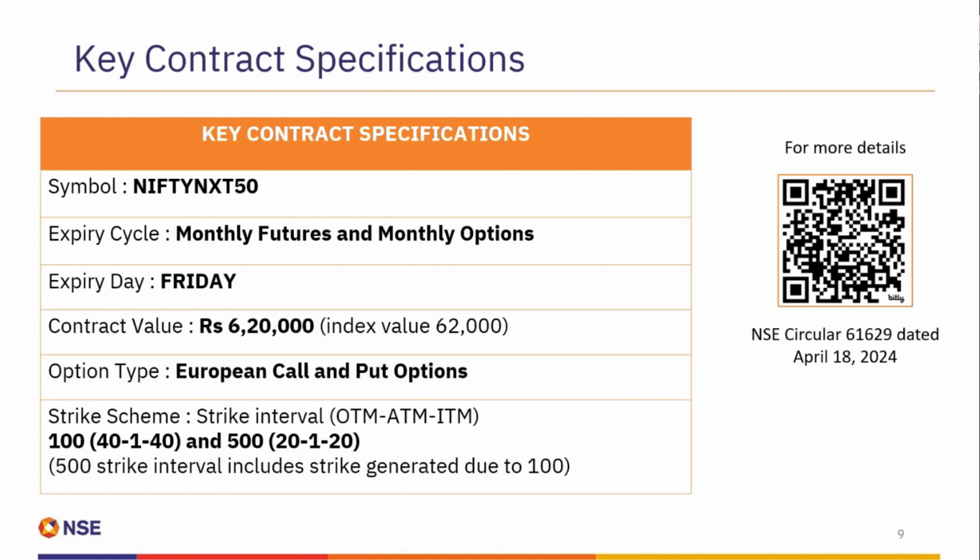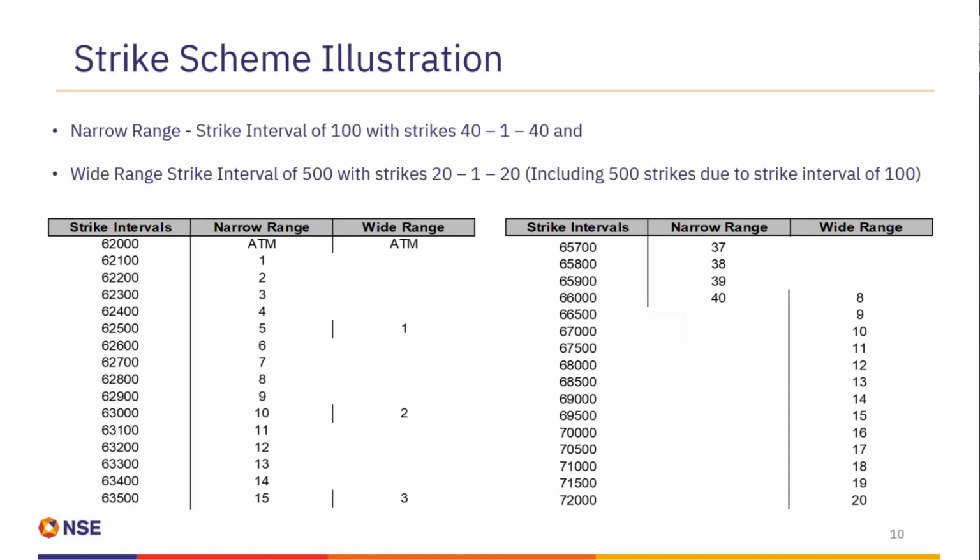Yeah. So first of all, why did we introduce this? What we used to see is, suppose we had to introduce only the 100 strike interval. Now to give you a wider coverage for participants, say almost 15%, we would have to introduce double the number of strikes. Now what happens is, as you go away from the ATM, there are few strikes which become illiquid. Now to reduce those things, we have introduced these staggered strikes, wherein near the ATM you would have finer strike intervals, and when you go away from the ATM you would have